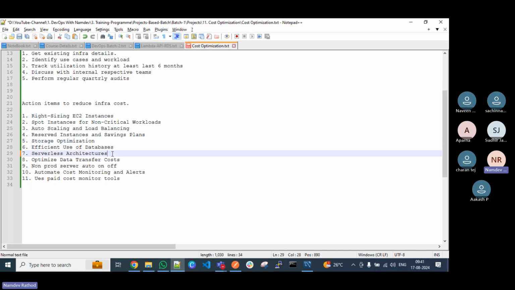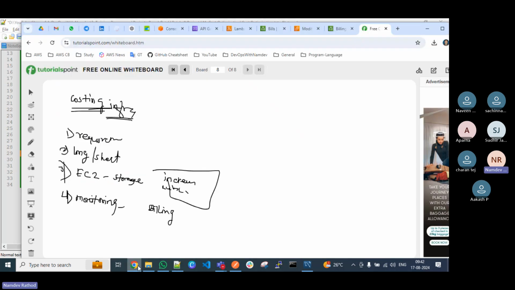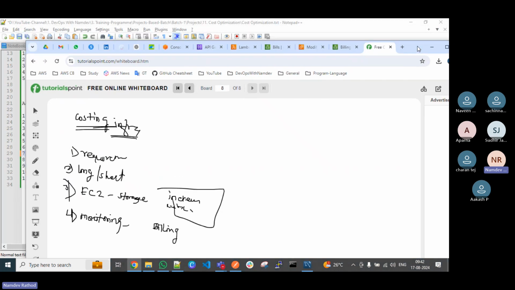Wherever you feel you can manage it through a Lambda function, why should you create an unnecessary EC2 instance? Let's say you want to execute a bash script or any particular script once a day. Instead of running a 24/7 EC2 instance, you can consider serverless, like a Lambda function. In the Lambda function, you have a very simple event-driven feature,